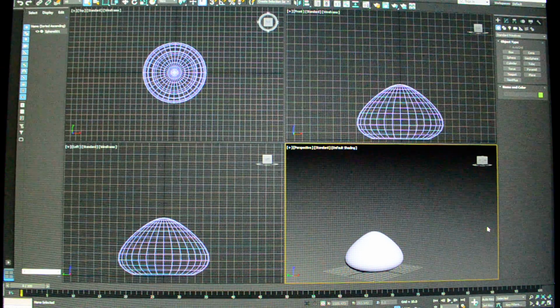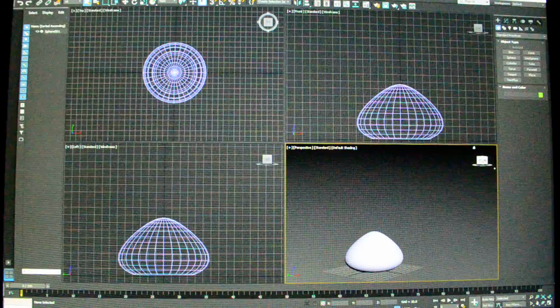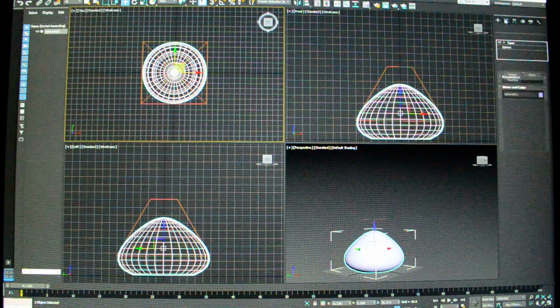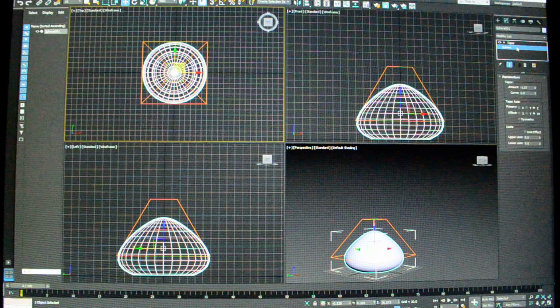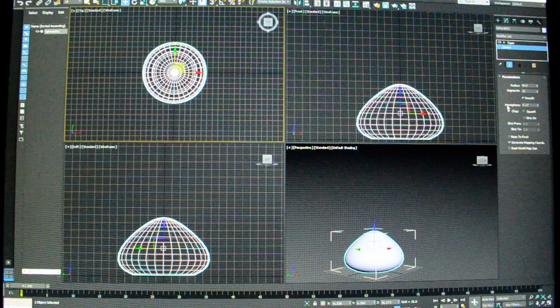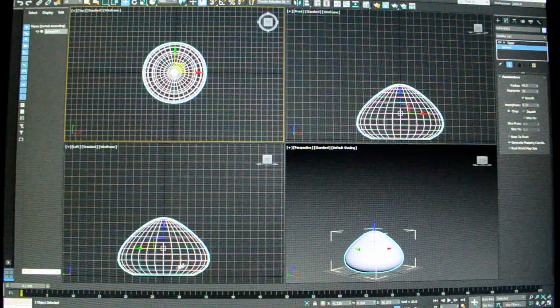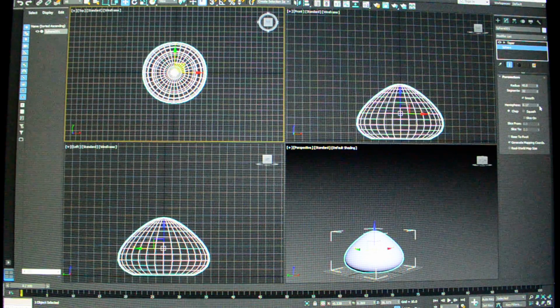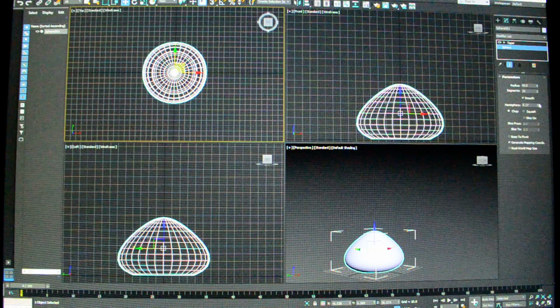Okay, so I have created a shape. Just save a little bit of time here. Let's go to where it is. Sphere. So I've just created a sphere. If you want a flat bottom on the sphere, just check the hemisphere, and then take off a little bit to